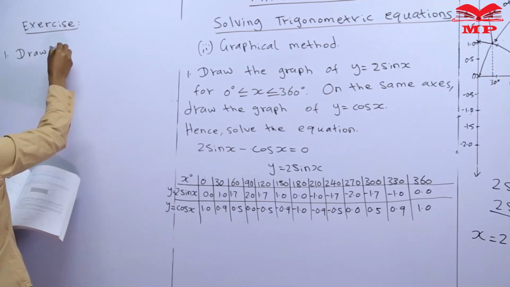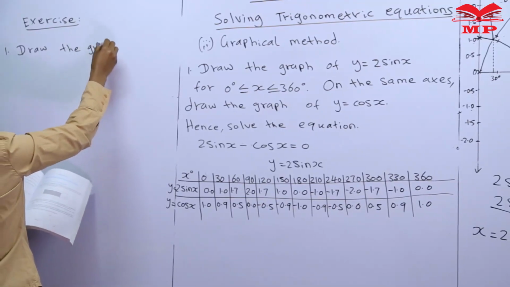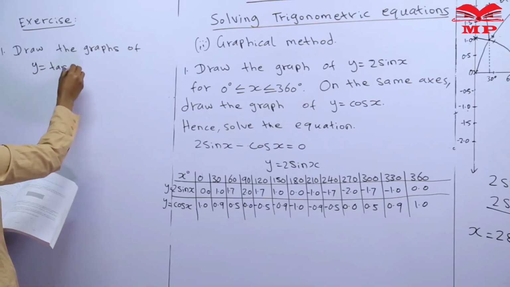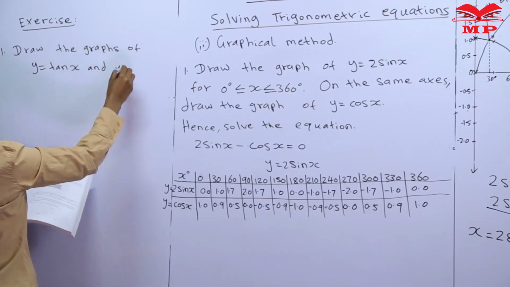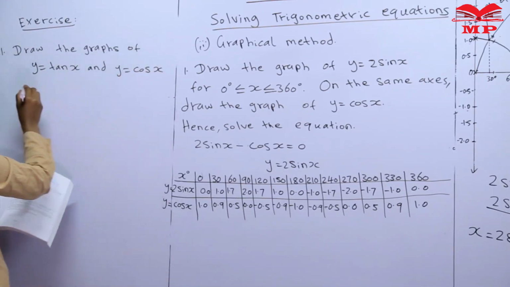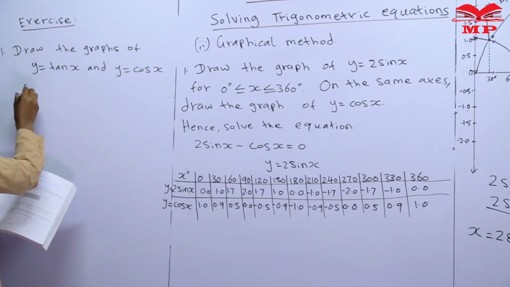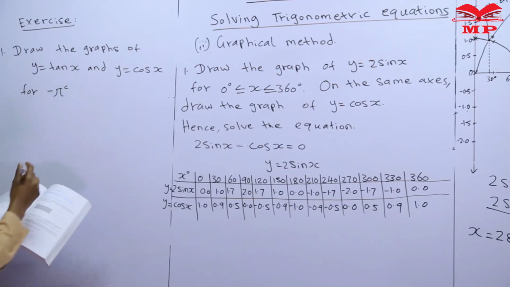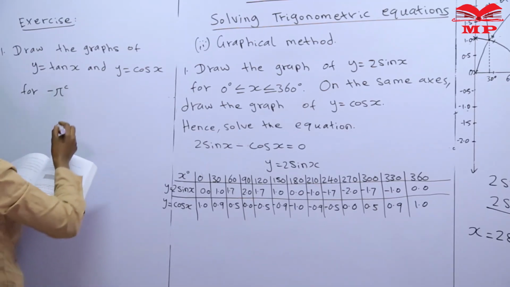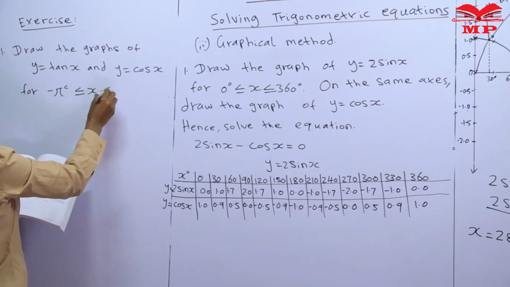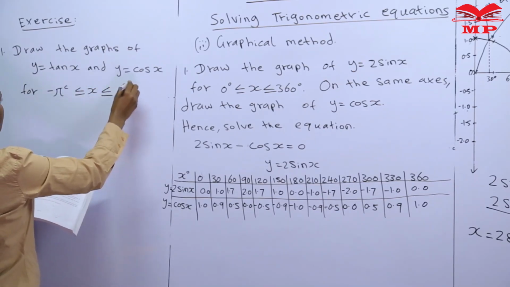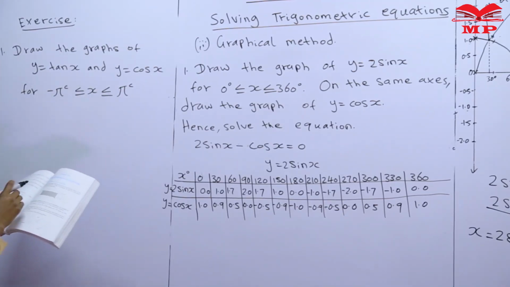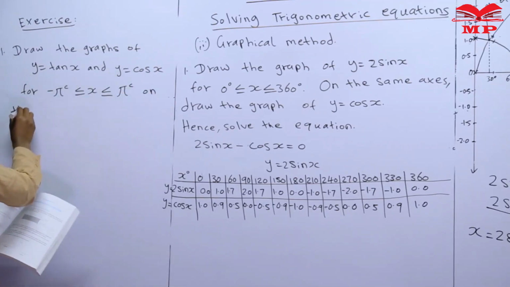Draw the graphs of y is equal to tan x and y is equal to cos x, for the values from negative pi radians, which is the same as negative 180 degrees, up to pi radians, whereby we have from negative 180 to 180 degrees on the same axis,